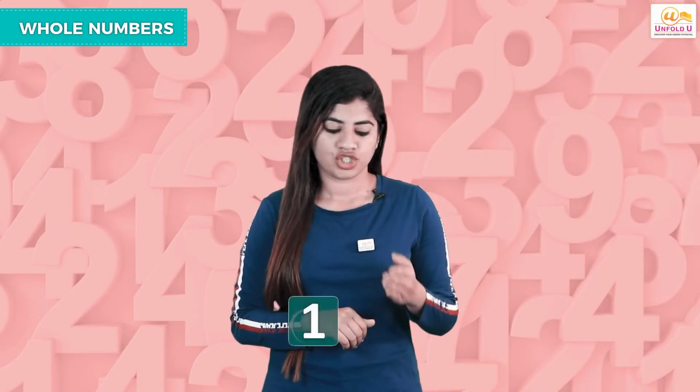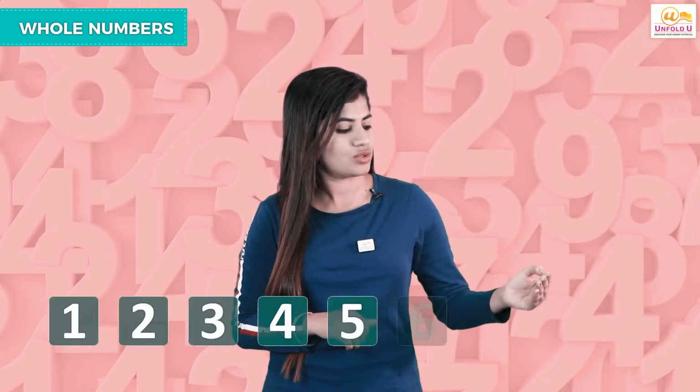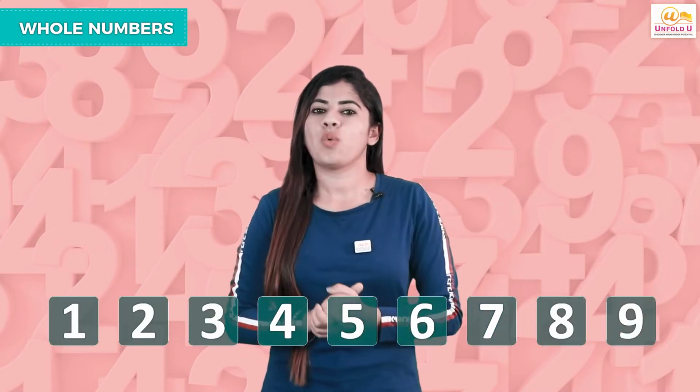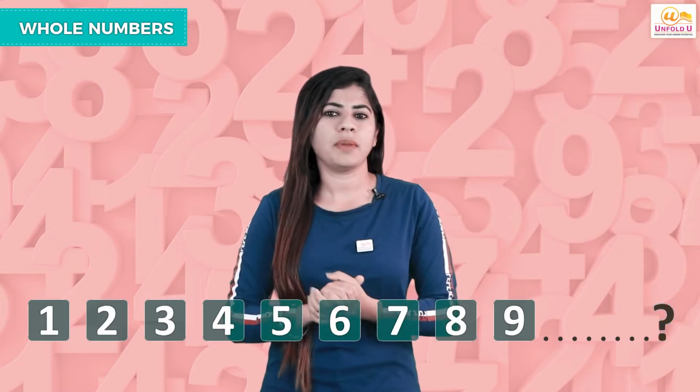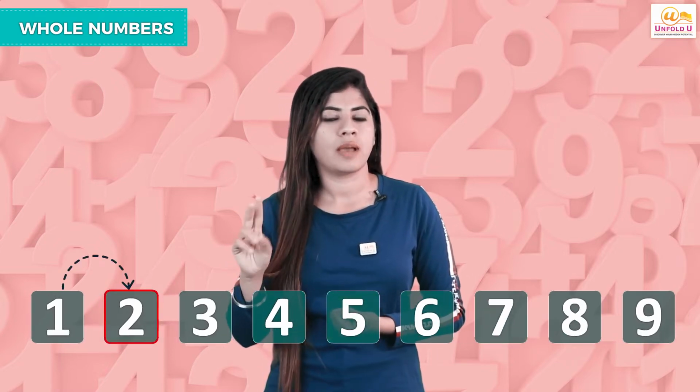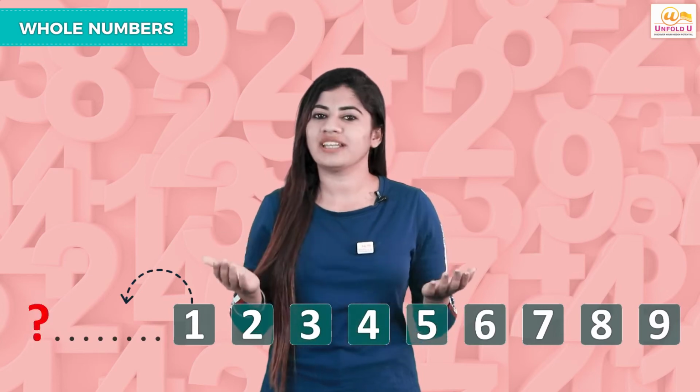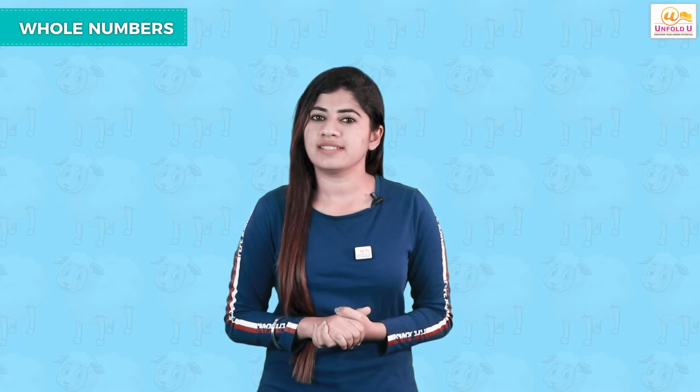Now we have numbers 1 onwards, like 1, 2, 3, 4 and so on, 8 and 9. What occurs after 9? और हमें पता है कि 1 के बाद 2 आता है, पर 1 से पहले क्या आता है? चलिए ढूंढते हैं। एक स्टोरी है कि डेविड के पास 2 शीप हैं। मौसम बहुत खराब था और एकदम से लाइटनिंग हुई और दोनों शीप डर के भाग गई। कितने शीप हैं अब उसके पास? जैसे कि डेविड के पास 2 ही शीप थी, तो अब उसके पास कोई भी शीप नहीं है।